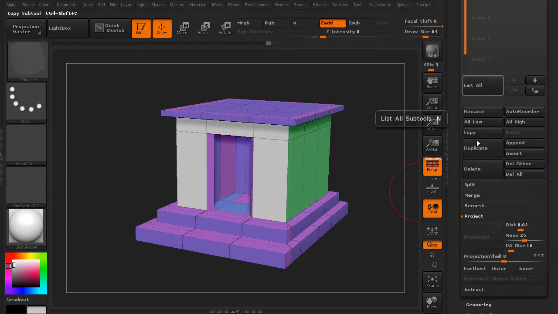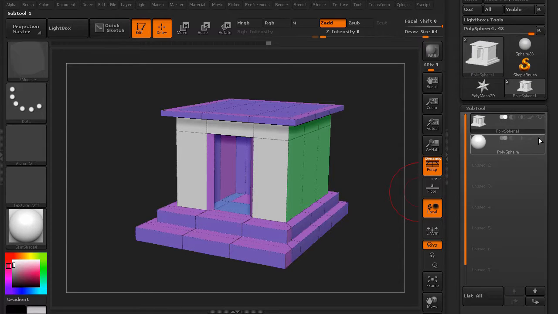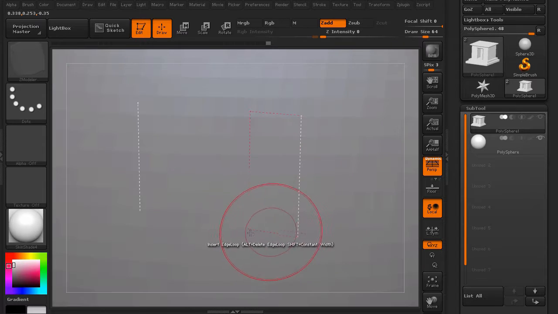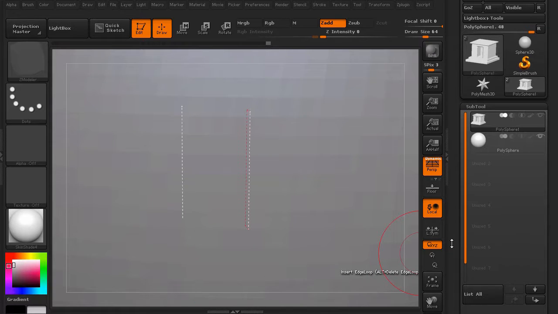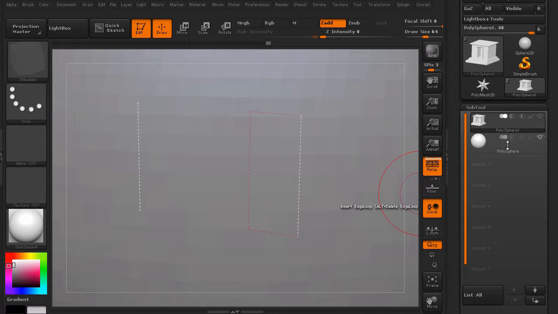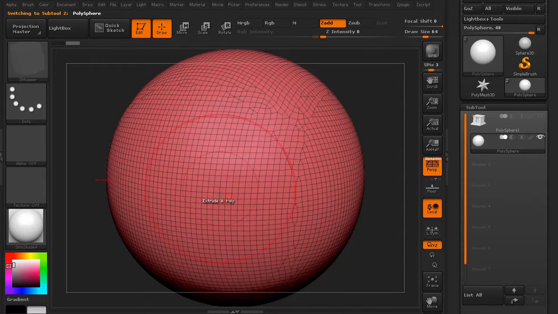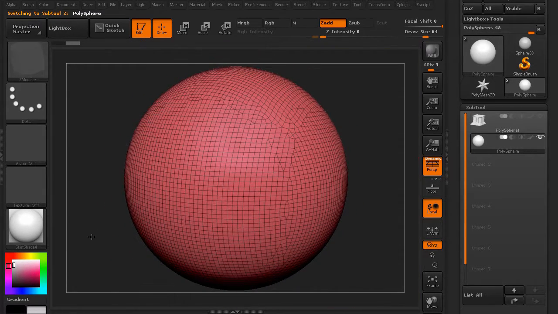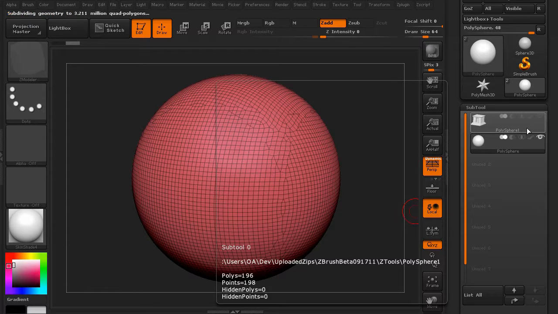So let's check our subtools. Okay, I'm going to hit F to frame it. What it just did is it framed it, zoomed in onto our house. By the way, if you want, you can just grab the polysphere, hit F to frame that. And then let's go to our